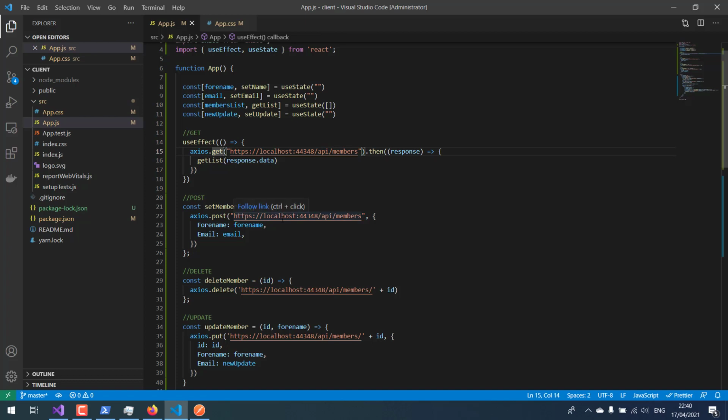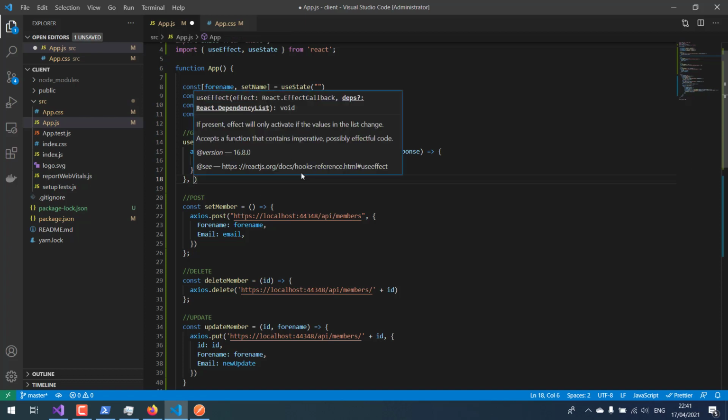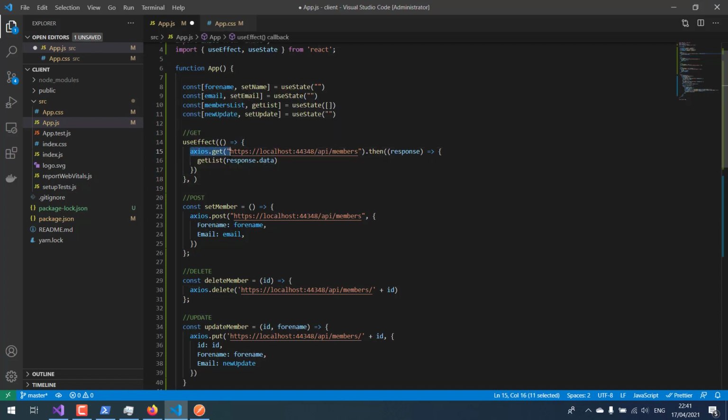I pass the API, and I want the response, and then I'm saving that in get list, and this is happening all the time. Now what's happening here is, if I put that as a second argument, because the first argument is that axios.get and all that stuff. Now if I just put an empty array here,